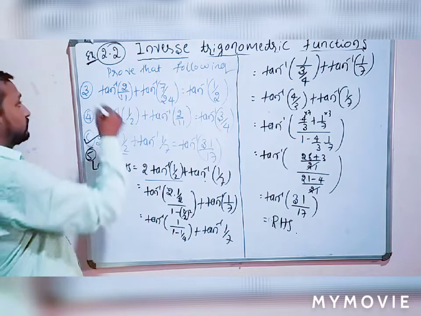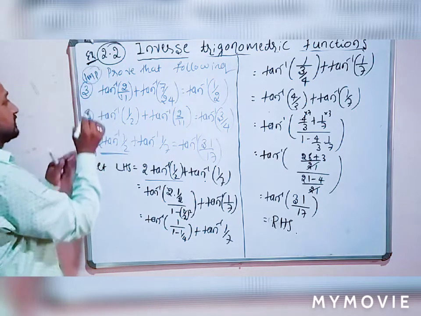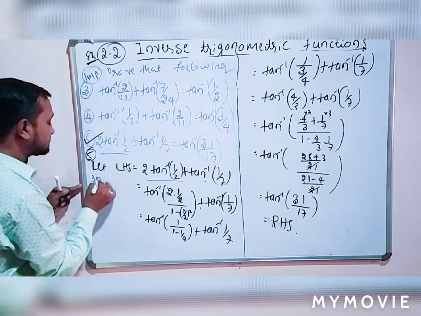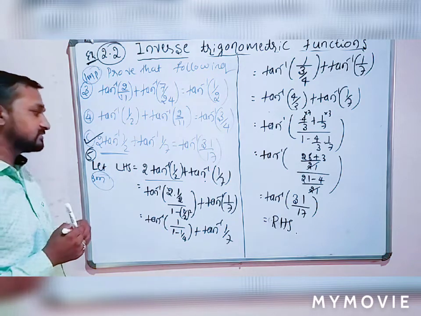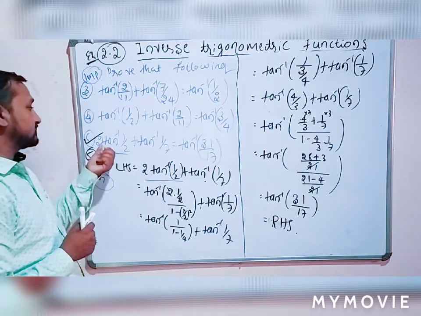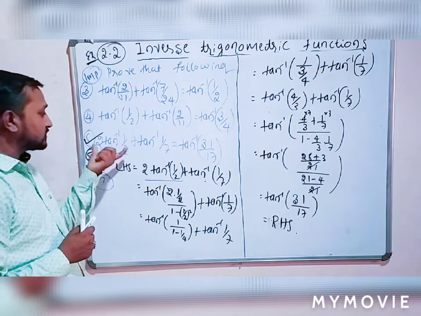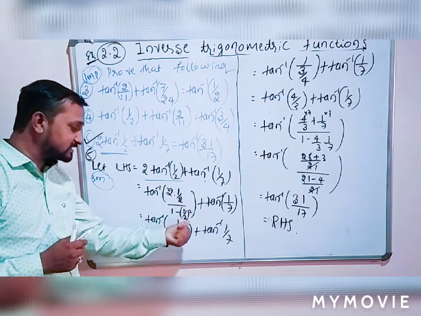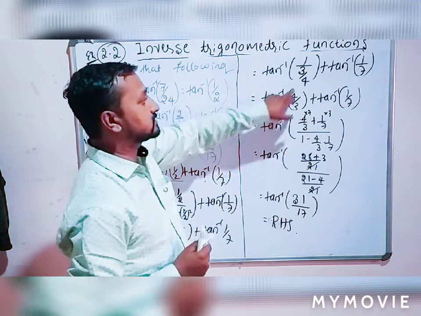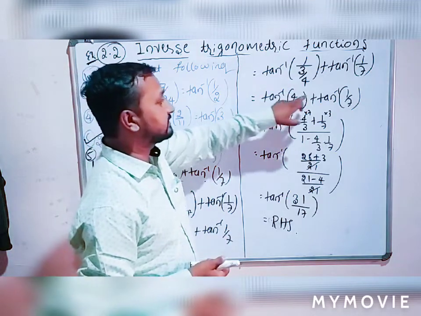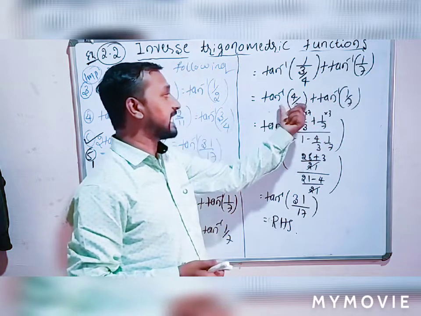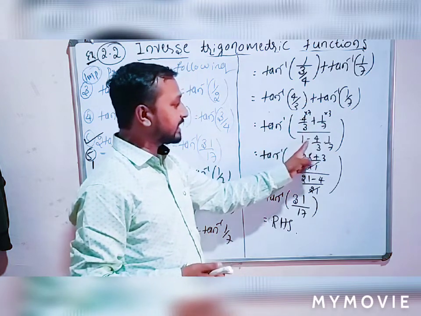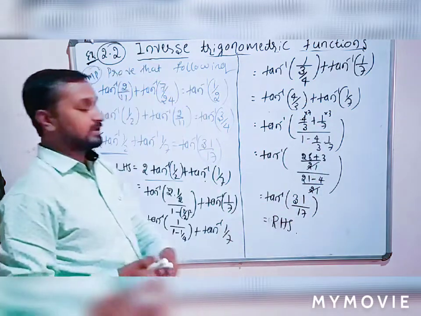These three are very important examples. These first two examples are 2 mark and this fifth example is a 3 mark example. Clear? Very simple examples. So this is 2 tan inverse of x form. First we will solve this term. 2 tan inverse of x is nothing but tan inverse of 2x divided by 1 minus x square. Solve this step, we will get tan inverse of 4 by 3. Then again compare: tan inverse of 4 by 3 plus tan inverse of 1 by 7 is nothing but tan inverse of x plus tan inverse of y. Then we will solve tan inverse of x plus y divided by 1 minus x into y. We will solve, we will get the answer RHS.